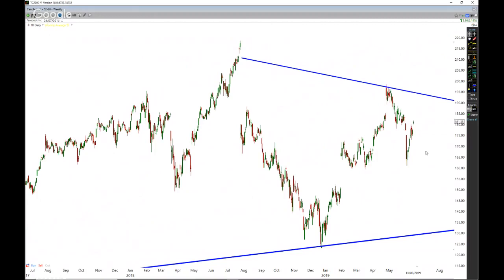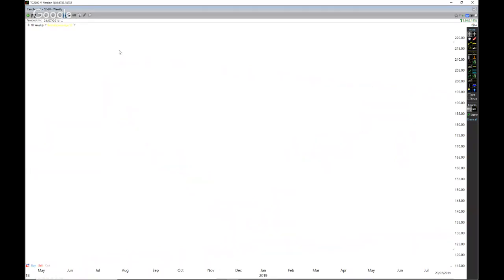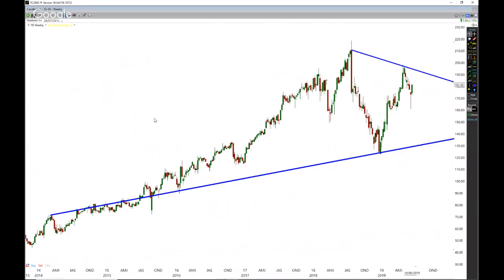So I wouldn't be too surprised if we continue to compress up through here. We did have this big move up, but Apple's looking really ugly on a short term, guys. Very gappy. My recommendation to you is to stay away from Apple, because it's very gappy at the moment, as you can see over the last 12 months, and also it's very ugly. There's a lot of gaps, and it's not a very smooth flowing chart. So I would personally stay away from Facebook there.